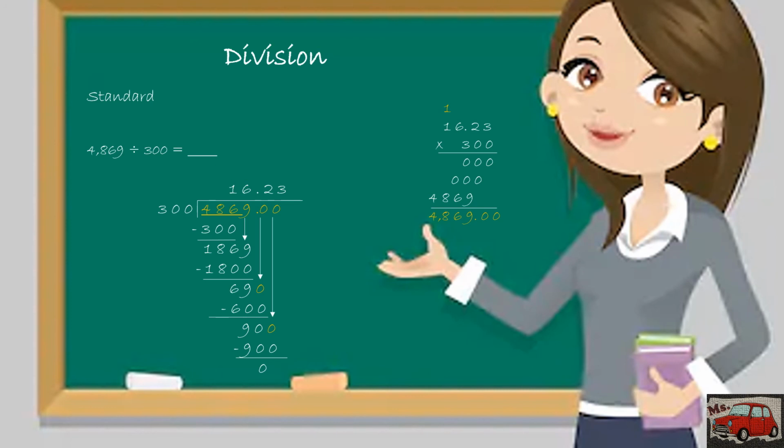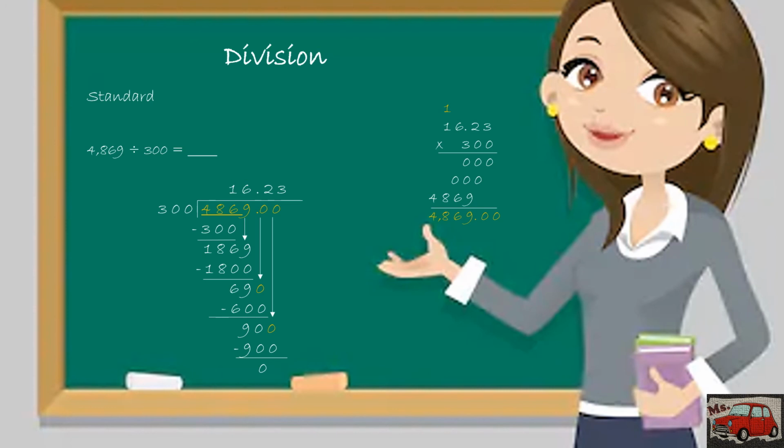Now I have 690. 690 divided by 300, that is 2. But before I put the answer 2, I need to put decimal point first. So 2 times 300, that is 600. And minus that from 690, I get 90. And since I cannot get 300 from 90, I need to add another 0 and bring it down. Now I have 900. 900 divided by 300, I get 3. 3 times 300, that is 900. If I'm going to minus that from 900, I'll get 0. So my final answer is